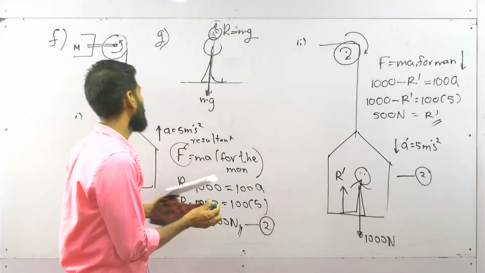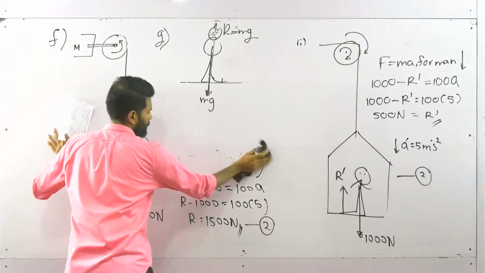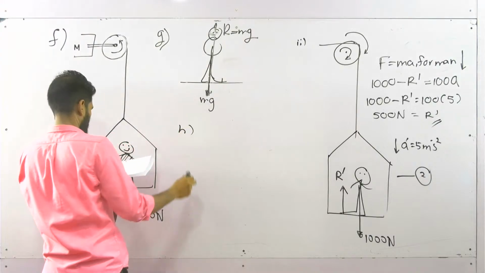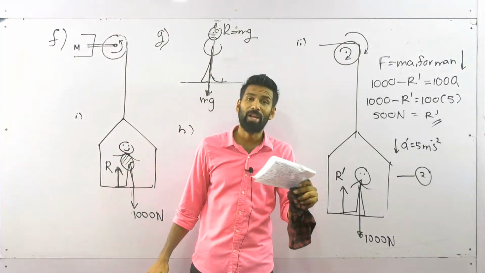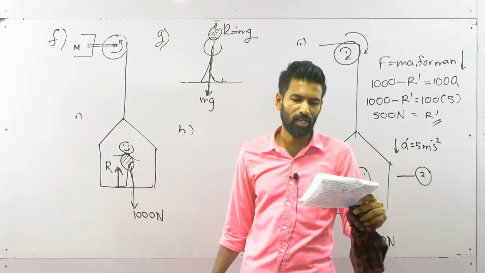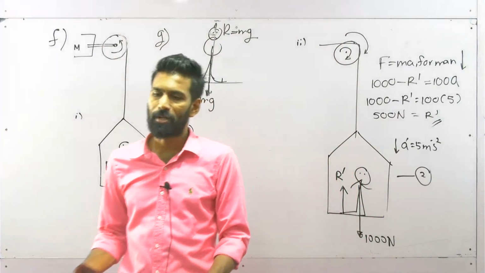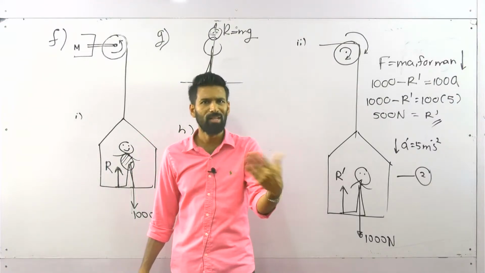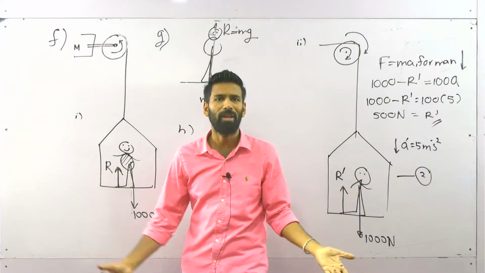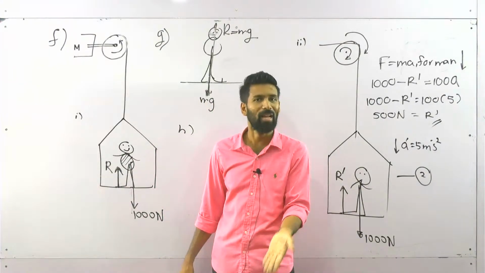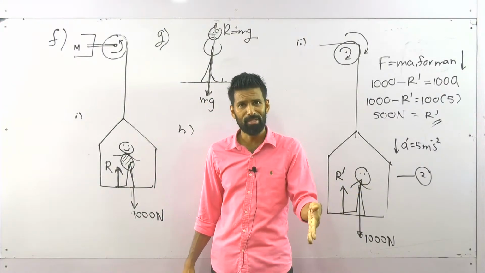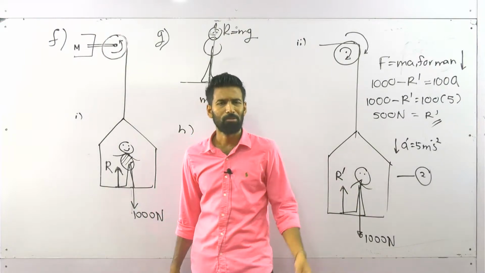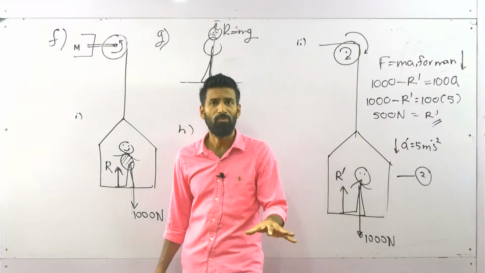Okay, that's another question, H. What is H? If the man experiences apparent weightlessness, determine the acceleration of the lift at that instance. Now, I already told you, as weight, we feel this normal reaction. Weightlessness means we don't feel weight. Actually, we don't feel weight, we feel R. In stationary cases, R is equal to mg. That's why we say we feel weight. So here, if the man feels weightlessness,